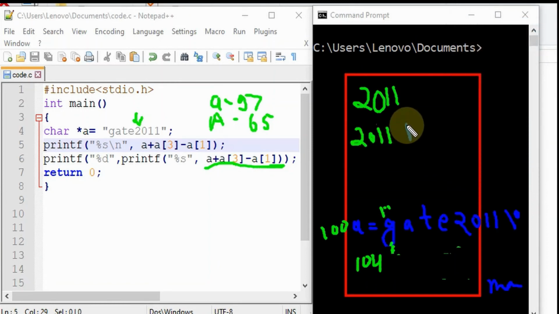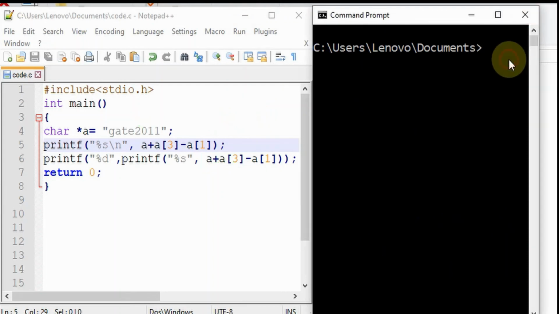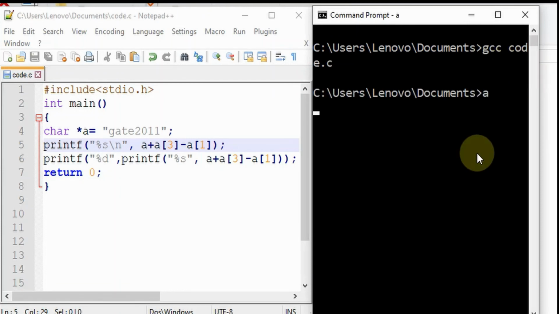Okay, so 4 will also be printed, so the output will be 2011, and in the next line 2011 and a 4. Let's see what is the output of this. Let's run the code.